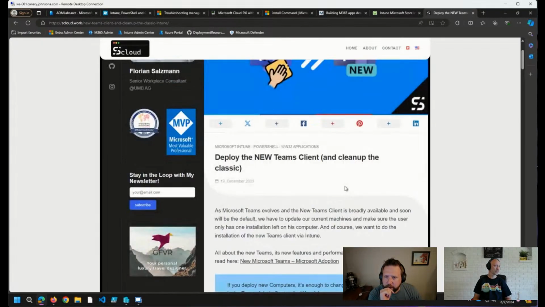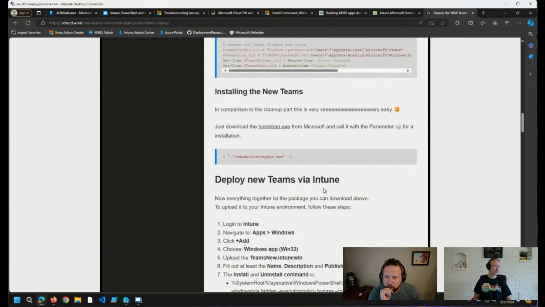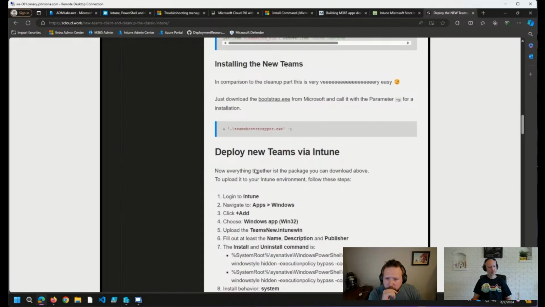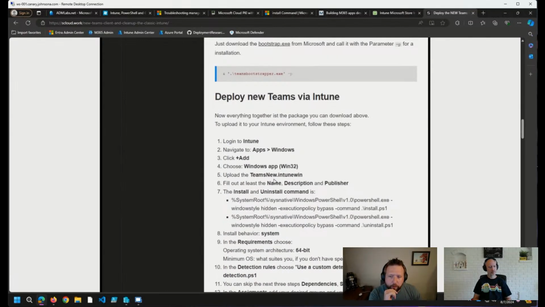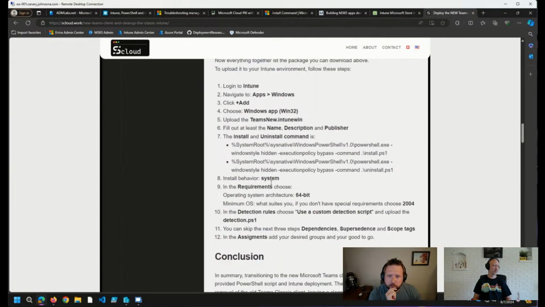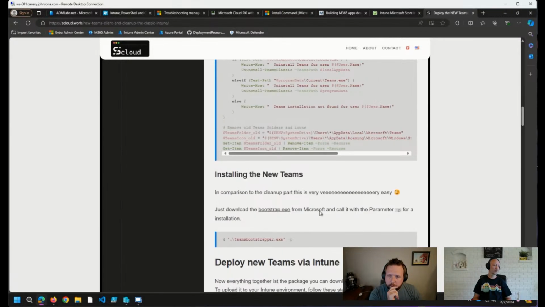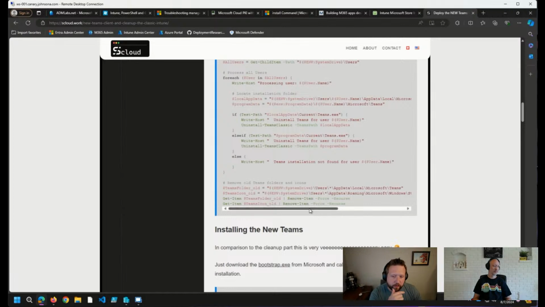This will actually deploy the new Teams and clean up the old, which, depending on where your organization is at, you may not have to worry about cleanup. But anyways, this was using a Win32 app and a PowerShell script. I think some of our viewers had some luck with this as well. I haven't used this specifically to push it out myself, but